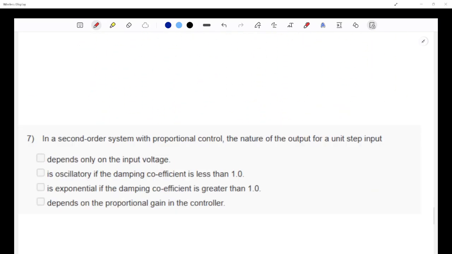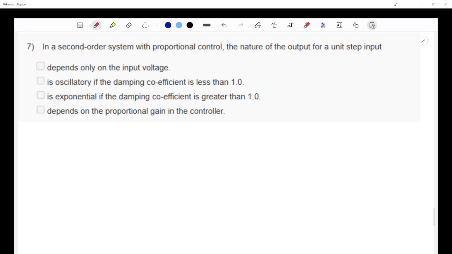Okay, let's move to the next question. In a second order system with proportional control, the nature of the output for a unit step input depends only on the input voltage, is oscillatory if the damping coefficient is less than 1, is exponential if the damping coefficient is greater than 1, or depends on the proportional gain in the controller. So for a second order system,